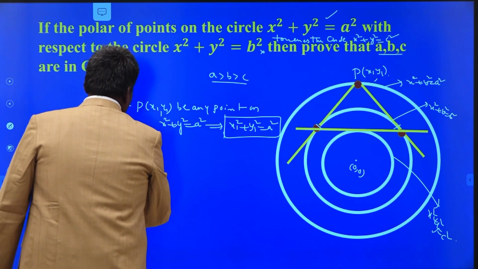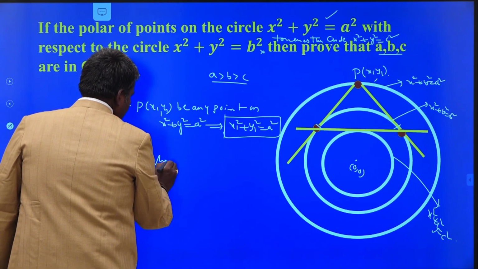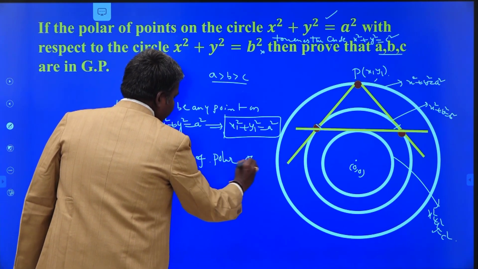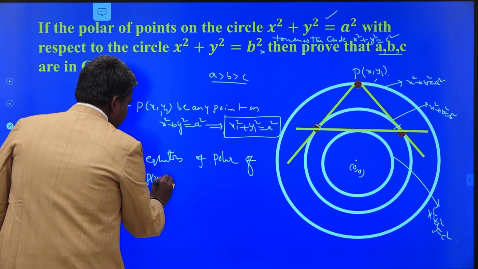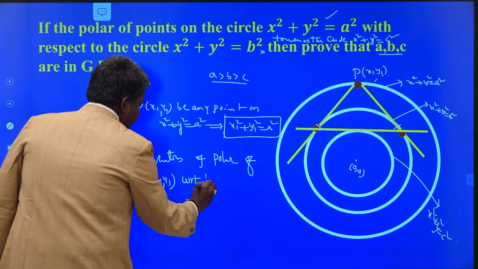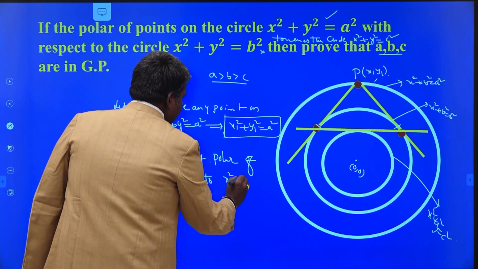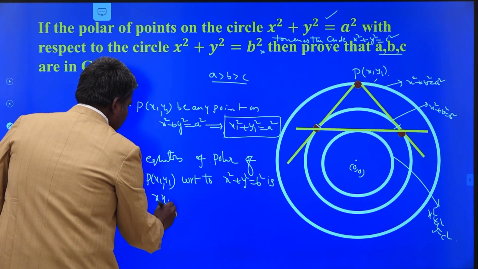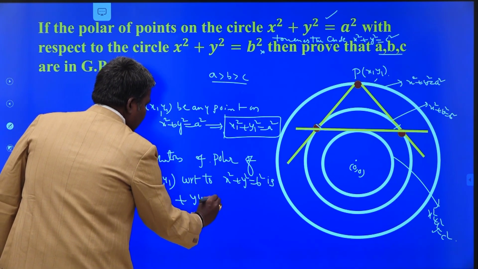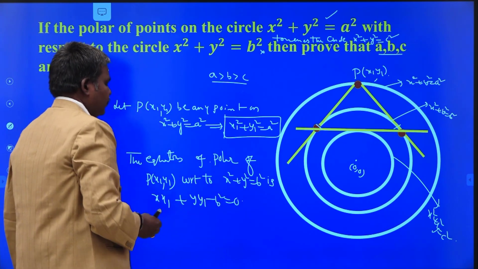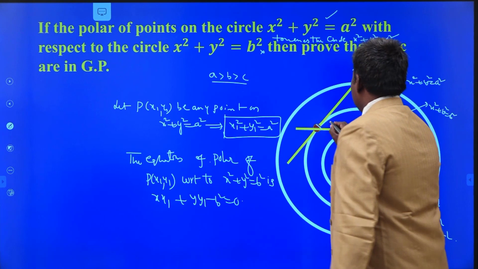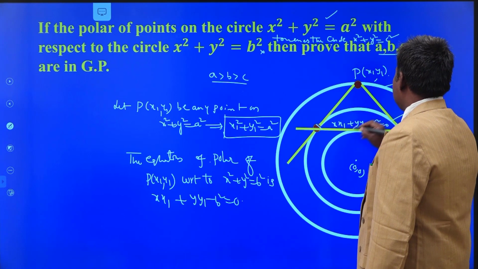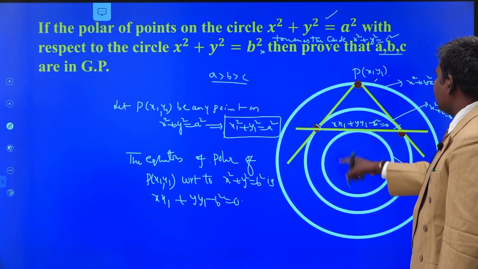The equation of the polar of P(x1, y1) with respect to x² + y² = b² is what? x·x1 + y·y1 − b² = 0. Now this line x·x1 + y·y1 − b² = 0